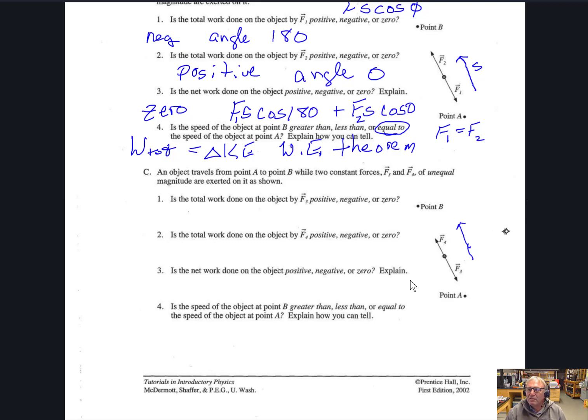All right, so F3 is negative, angle 180. F4 is positive, angle 0. Net work is negative